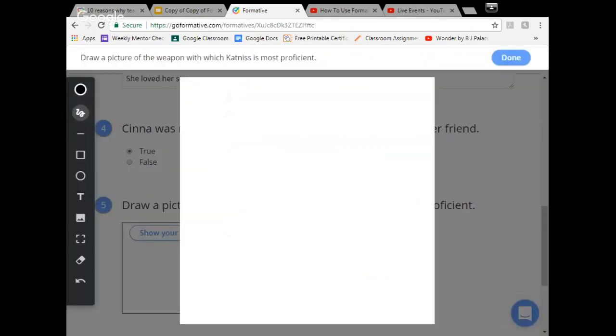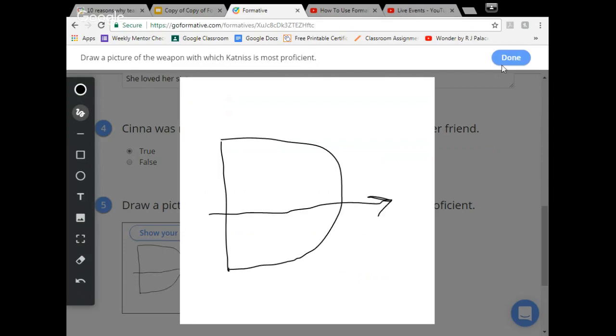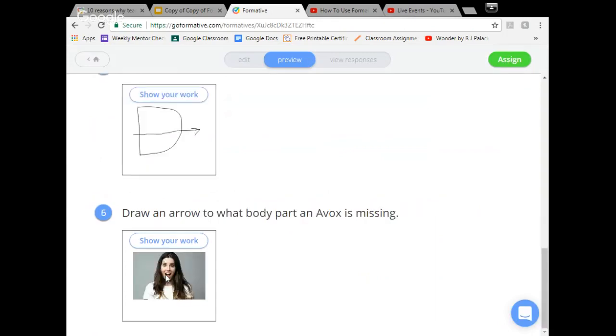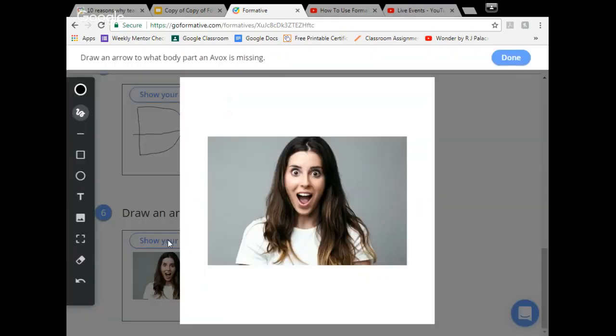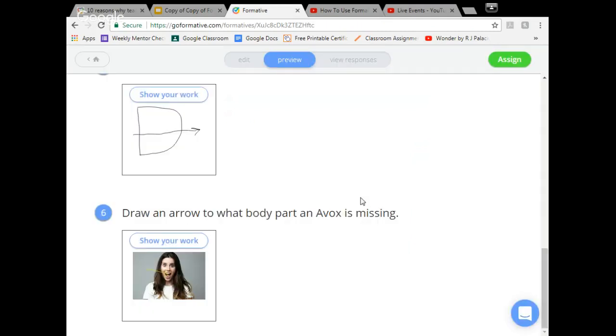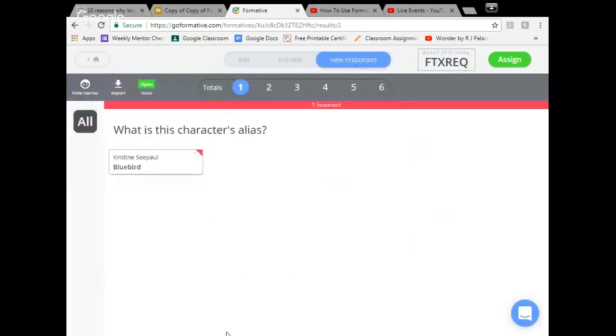Okay, draw a weapon. All right, let's do that. Done. All right, and I'm going to draw an arrow. I'm going to change the color so it's more noticeable. I'm going to say done. So now I can view the responses. Of course, these are my responses, but